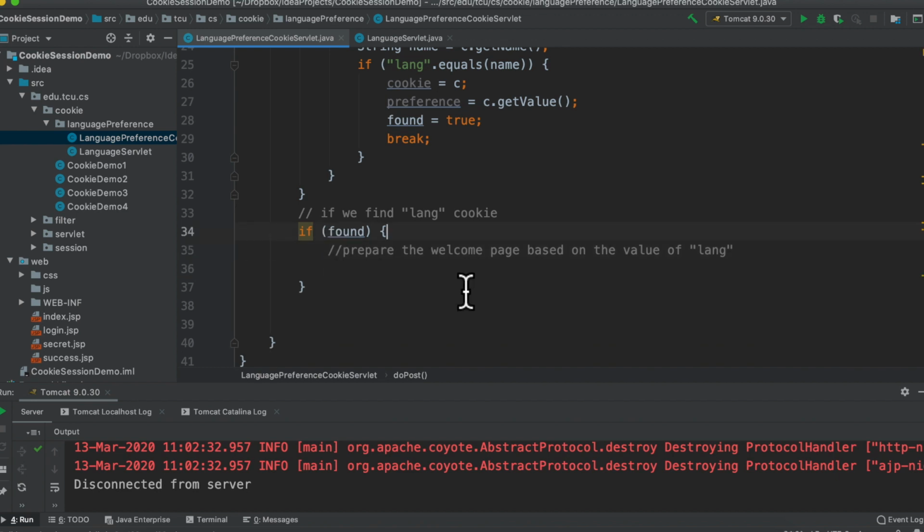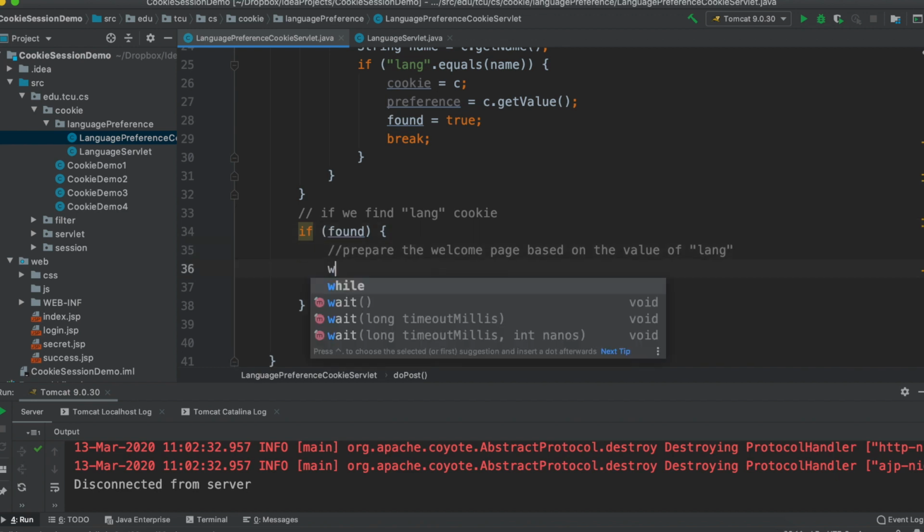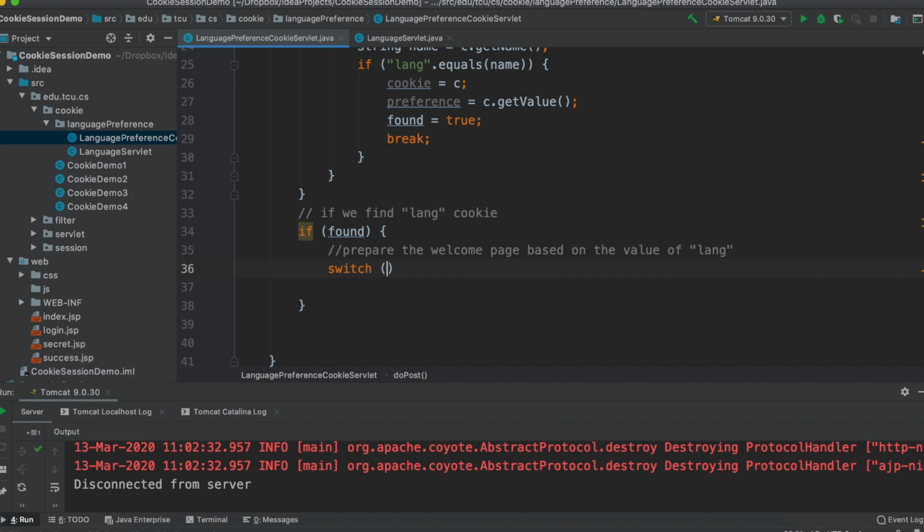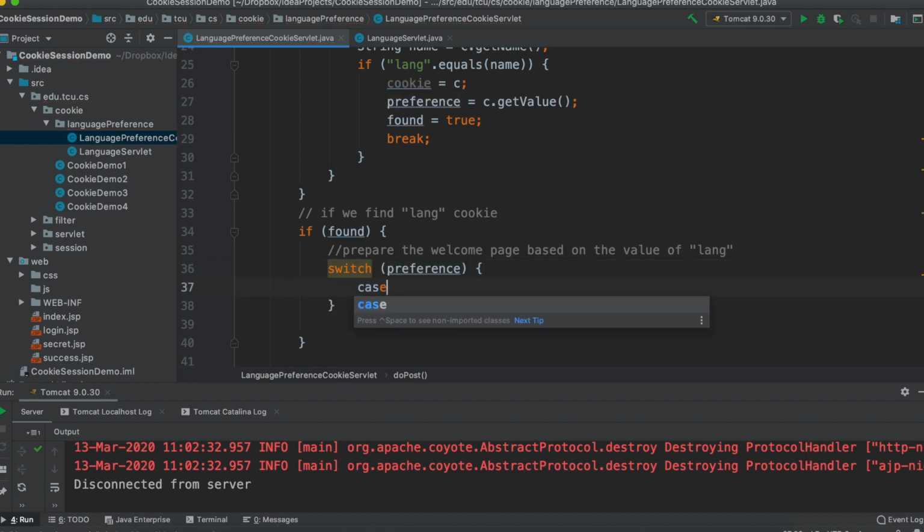Prepare this page. Basically, we're going to use a switch. I'm going to switch preference, because we found it, right? Preference has value. And we got a case cn, and here content equal to h1,